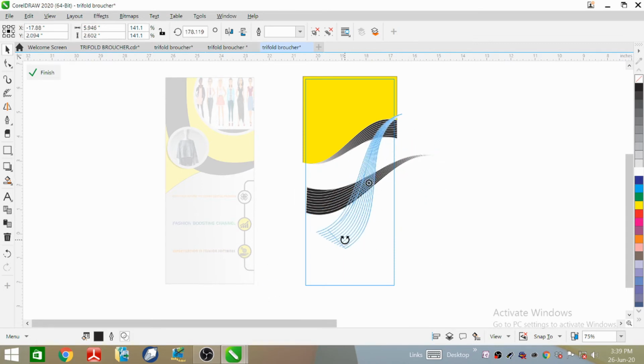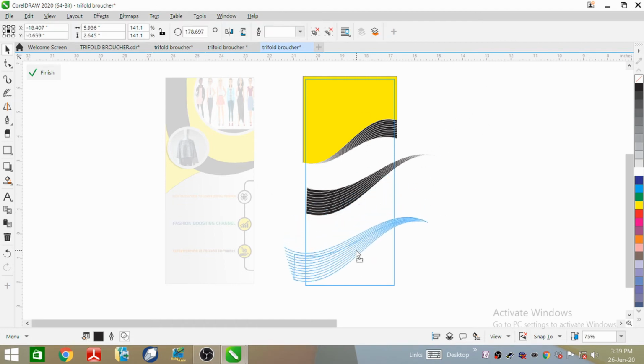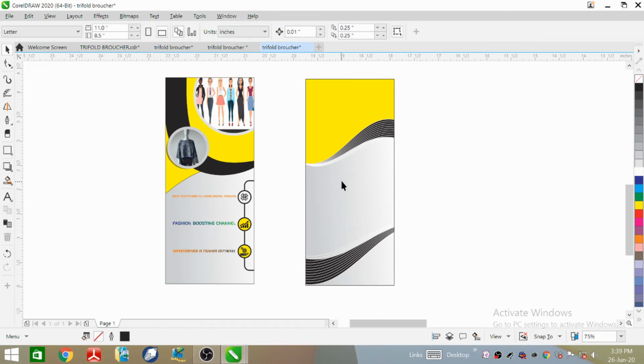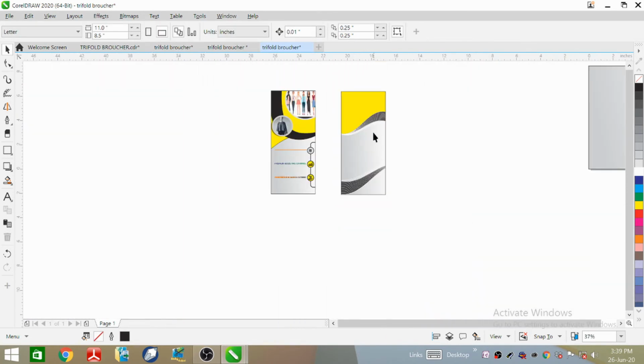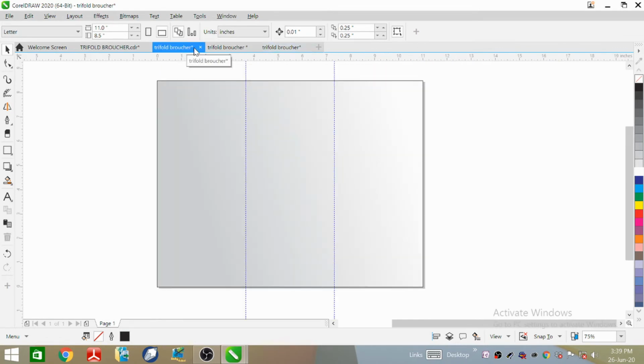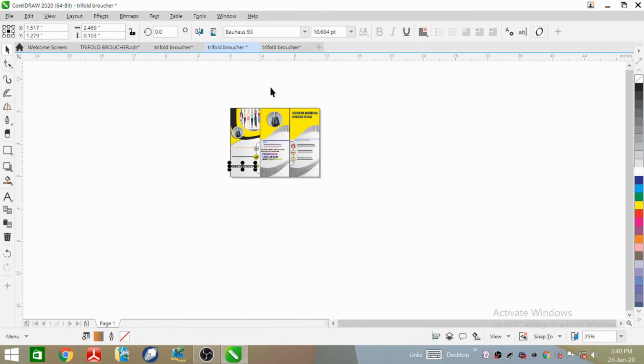After making rotation of these things, we have to come to this place, and we have to reposition it over and finish it. Now you can see that very attractive and beautiful panels has been created. What we have to do the next things. Next thing is that we have to